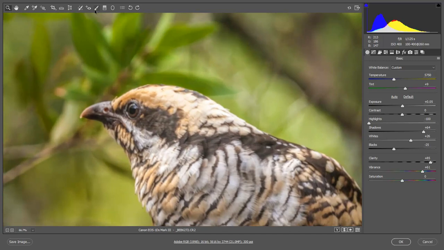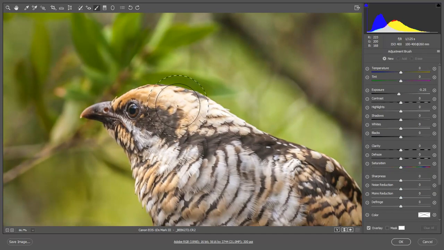and pick up my adjustment brush. Going to adjust the brush down. Looking over, I can see the exposure is down here. Let's drop the highlights and the exposure a little bit, and we'll just paint over that area just to take it down a little bit, just a little bit, just to keep that cap from drawing my eye right to the top of the head. I quite like that. I may even increase the saturation there as well, because it's going just a wee bit